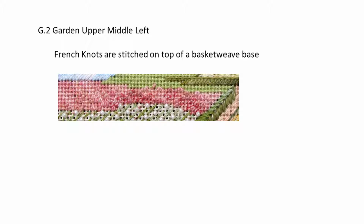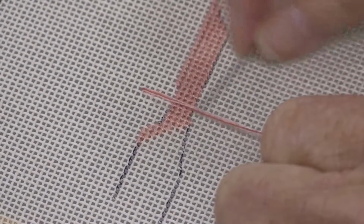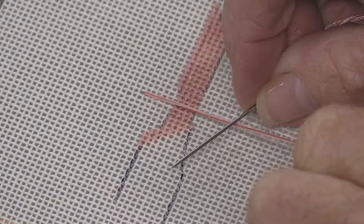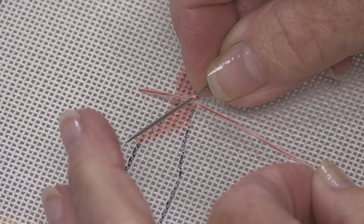But I'm going to place French knots on top of this basket weave base. I'm going to scatter small French knots in this garden, and I want to show you how to do a French knot. Just let me bring it up above my garden area. I bring the thread straight down, place the needle on top of my thread, wrap it counterclockwise 1 time around the needle,